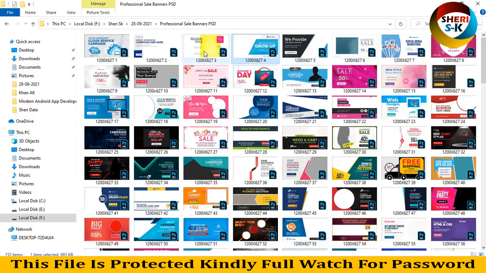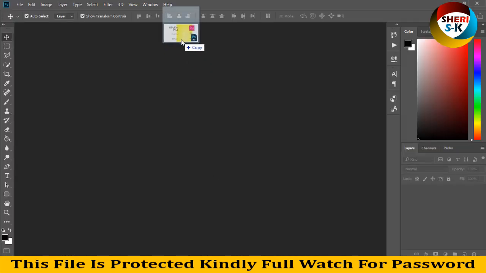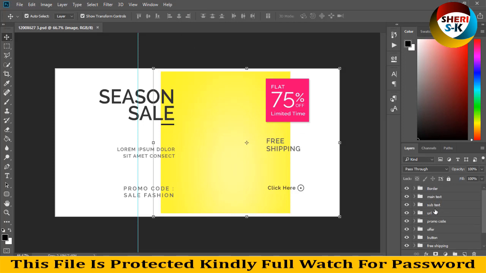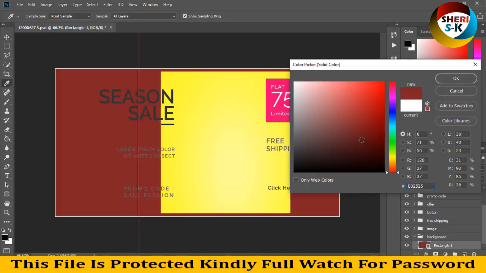we provide group session sale. For example, I drag the file in Photoshop. You see here all layers in folders. Here is border, main text, subtext, user, promo code, offer, button, free shipping, and last is image and background. You can change background color. Click here, you see,